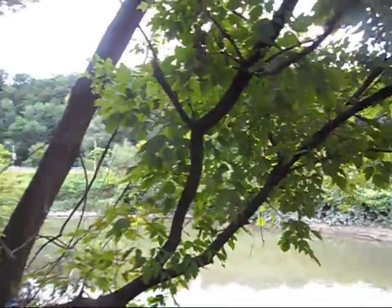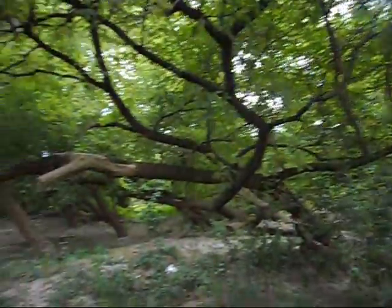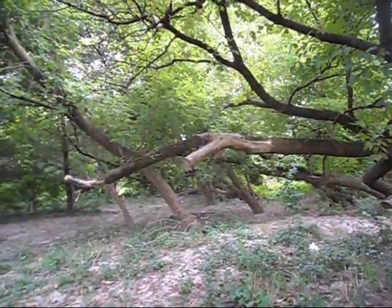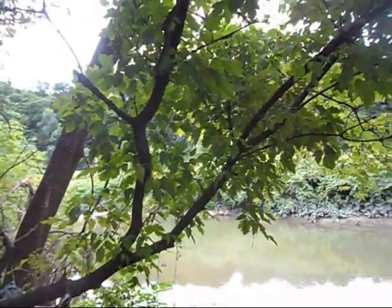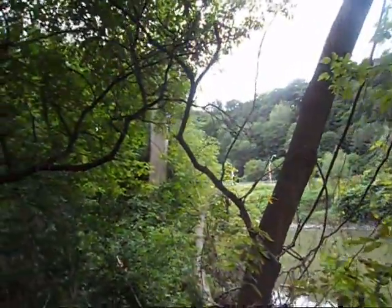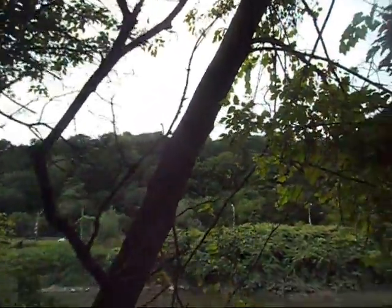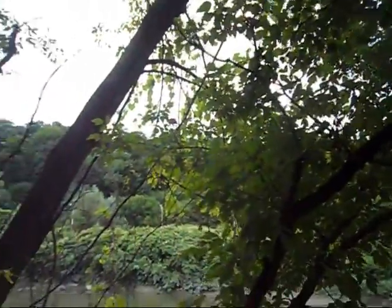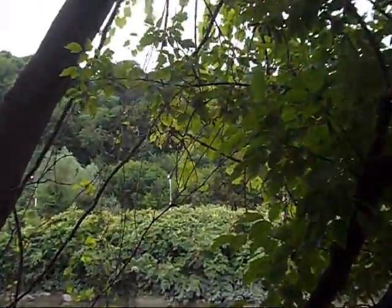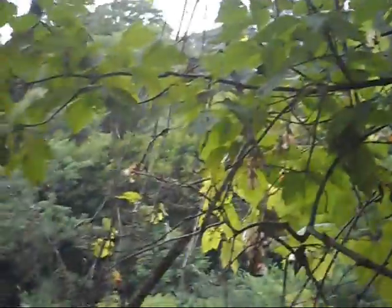Well, I'm at the Don River and I'm metal detecting, and I'm on vacation this week, and I've always wanted to metal detect this spot. I found it on a map from 18, and on that map, it's a military map that was done up, and on that map they showed two locations. One location was up, and up on that hill